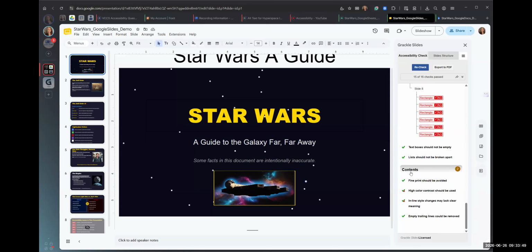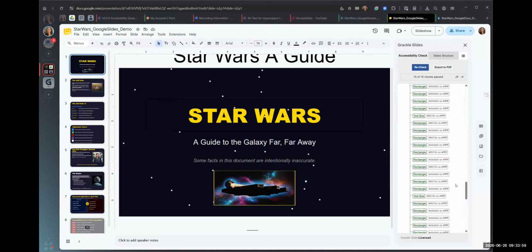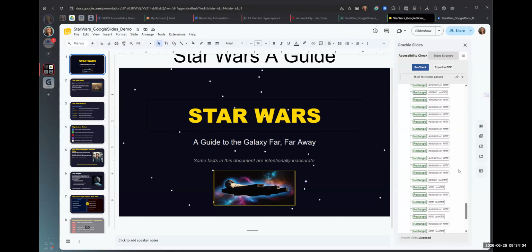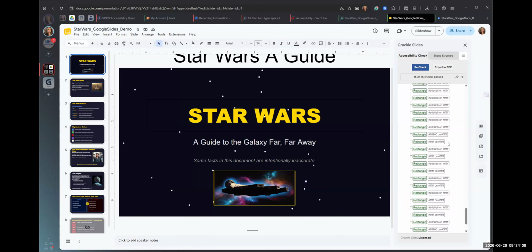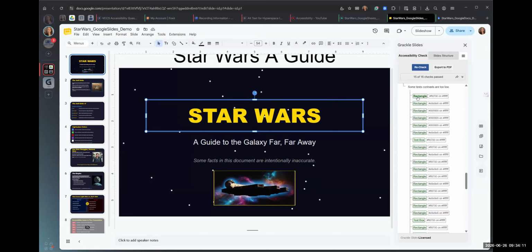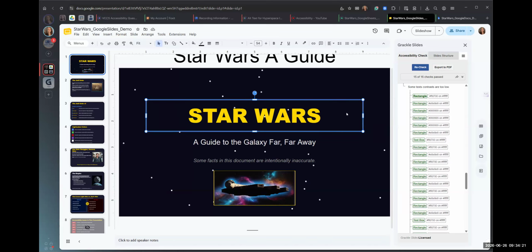Now, text boxes should not be empty. Lists should not be broken apart. Fine print should be avoided. High color contrast. Now, in this example, it's telling you that some rectangles and other things do not have enough color contrast. Part of this, let me see if I can give you an example. The rectangle that's around this, and I know you can't see it. If I unclick, you can't see that there's even a rectangle there. But there is a very light gray